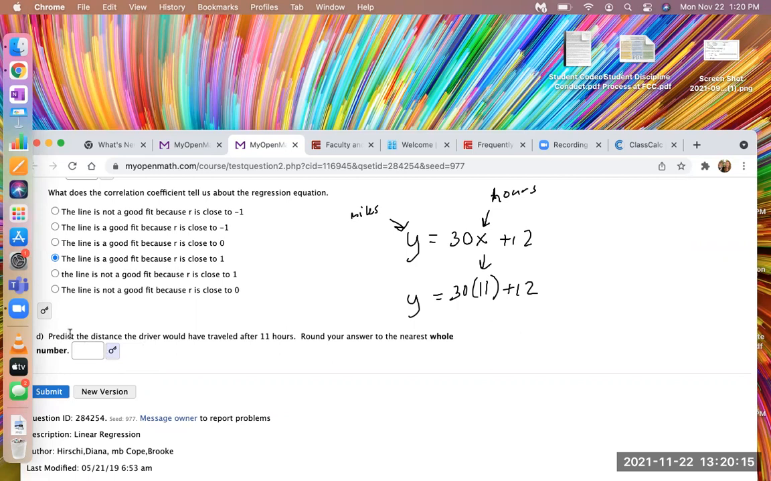Now do watch, because for this part D, it is very common that they may also, I mean, this one, they give you hours, they ask for miles, right? But this equation could go the opposite way as well. Like they could give you miles and ask for the hours. And in that situation, we would have plugged in